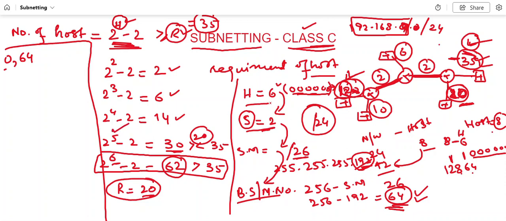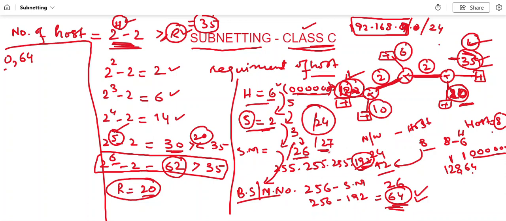H is equal to, what will be H? H is 5. This is the 5 through which we got the value 30. So H is 5 here. Now when H is 5, so 8 minus 5, that will be here in this case H is equal to 5. With 5 we will get S3. With S3 we will get this subnet mask, that is /27,